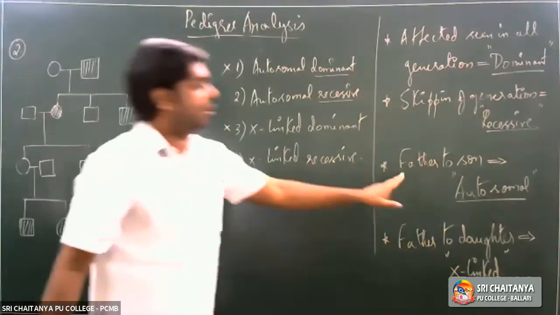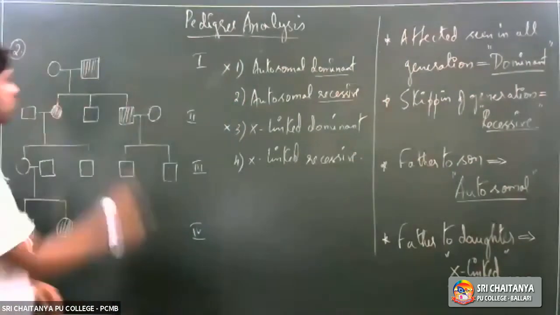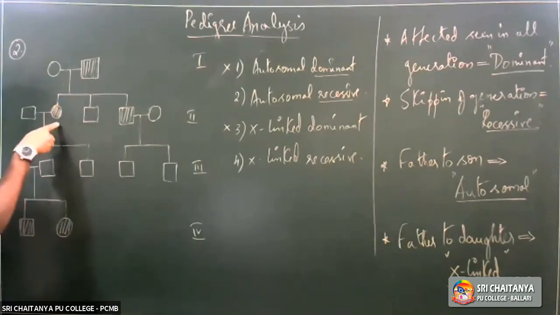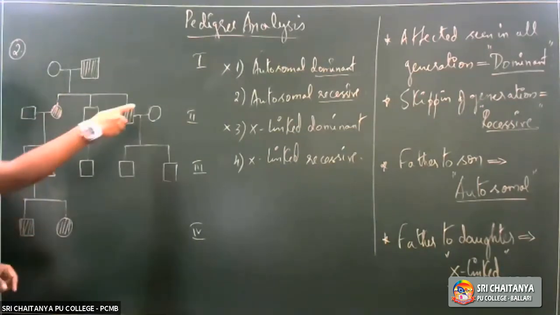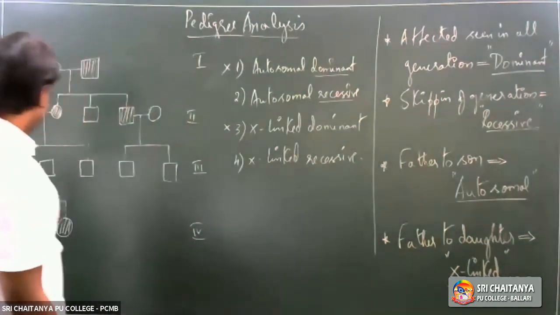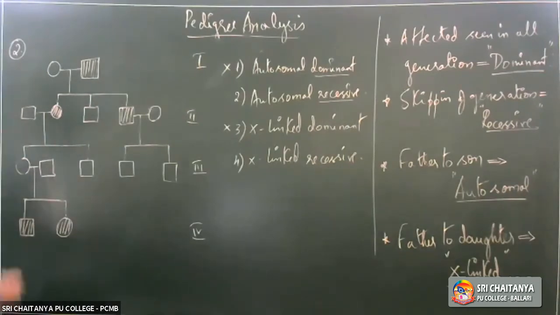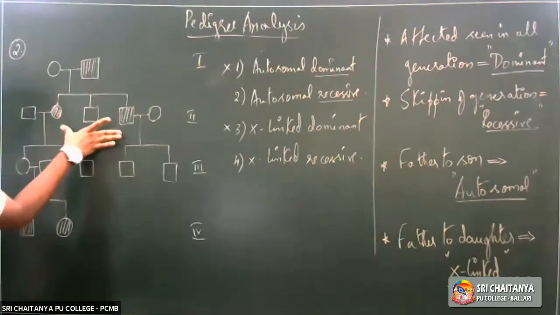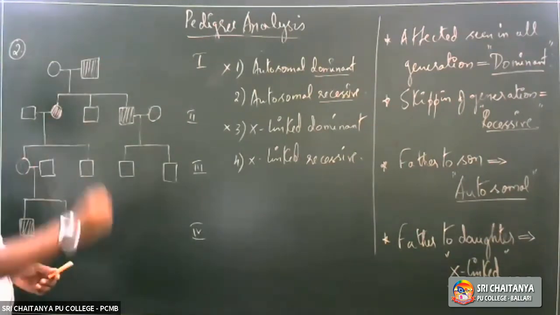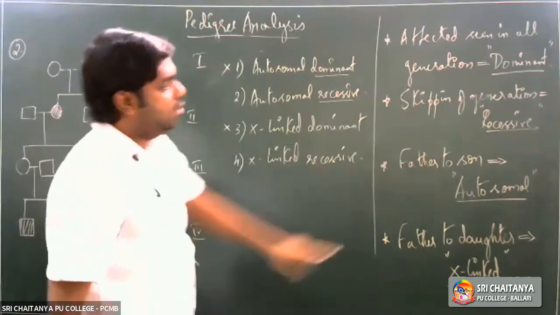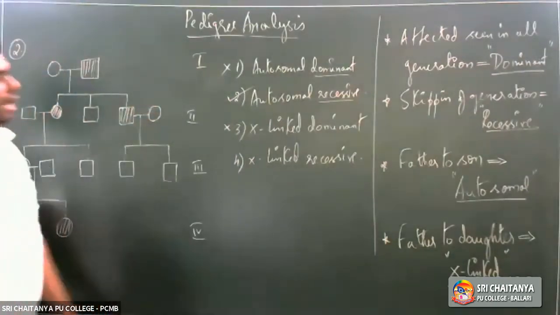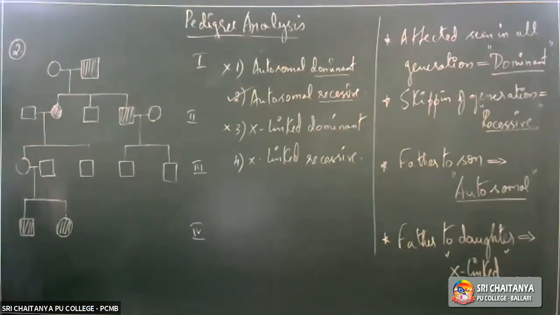First case, affected father will have affected son, right? So affected father has affected son. Second condition, affected father will have both affected daughter and son present in the same generation. Then I told you that it would be autosomal. So father to the daughter, that is not seen here, but this condition is seen. This condition is seen only in case of autosomal condition. So by observing this pedigree, we can come to a conclusion that this particular condition is autosomal recessive condition. So here we would go in with option number 2, telling that it is an autosomal recessive condition, right?